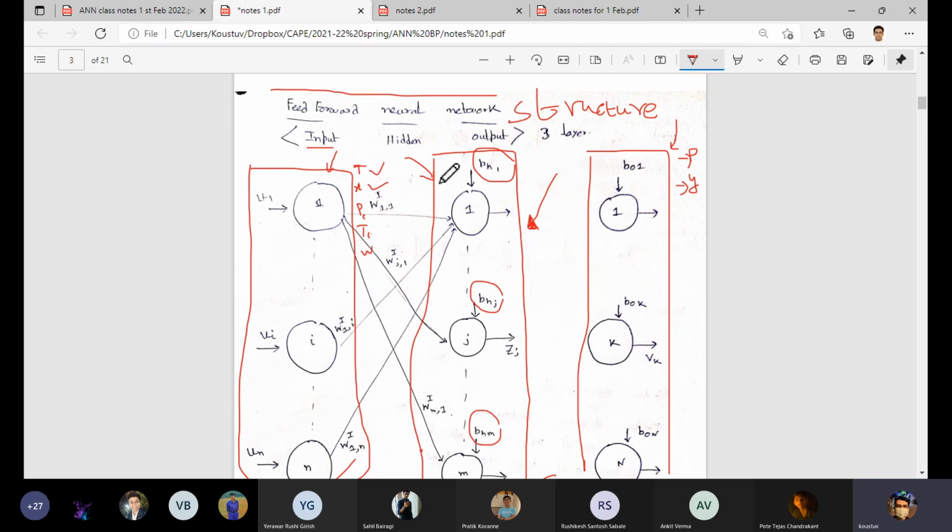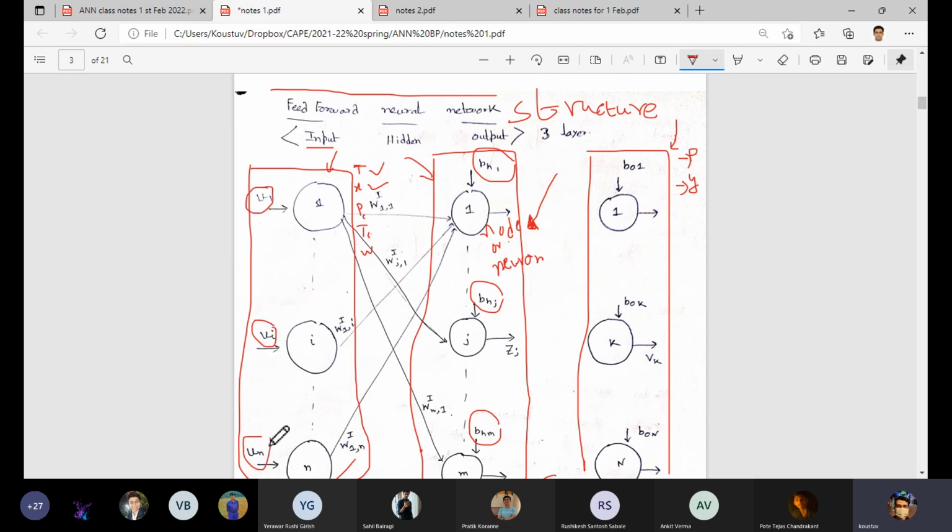Each of these neurons is basically receiving signal and transferring signal. At the input layer, we do not do any processing in the nodes. Sometimes it is called node or neuron. In the input layer, we just feed the data. So these are our different feed data inputs.